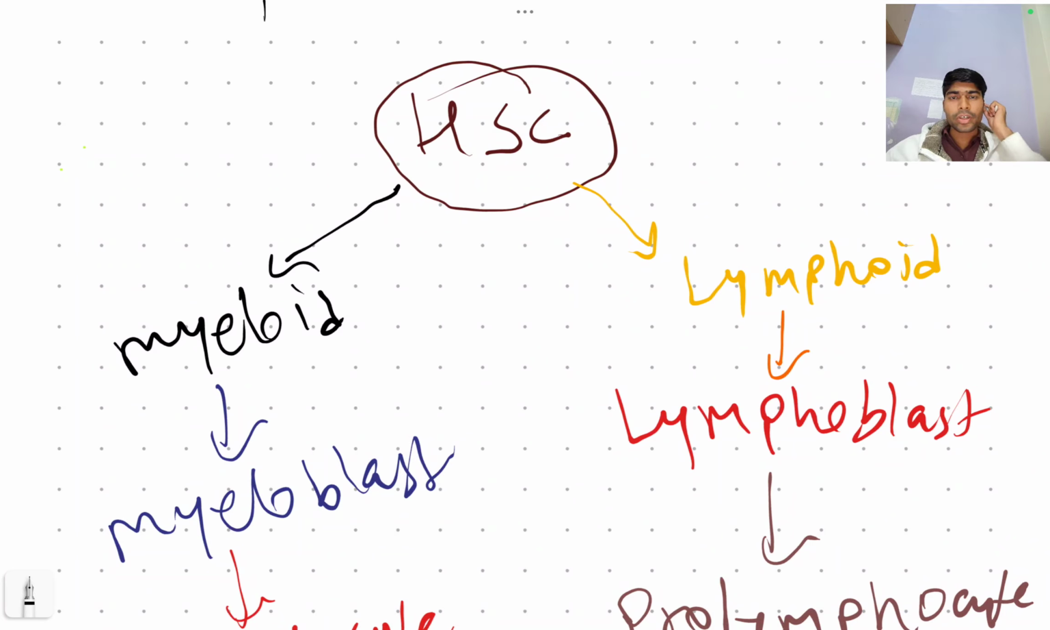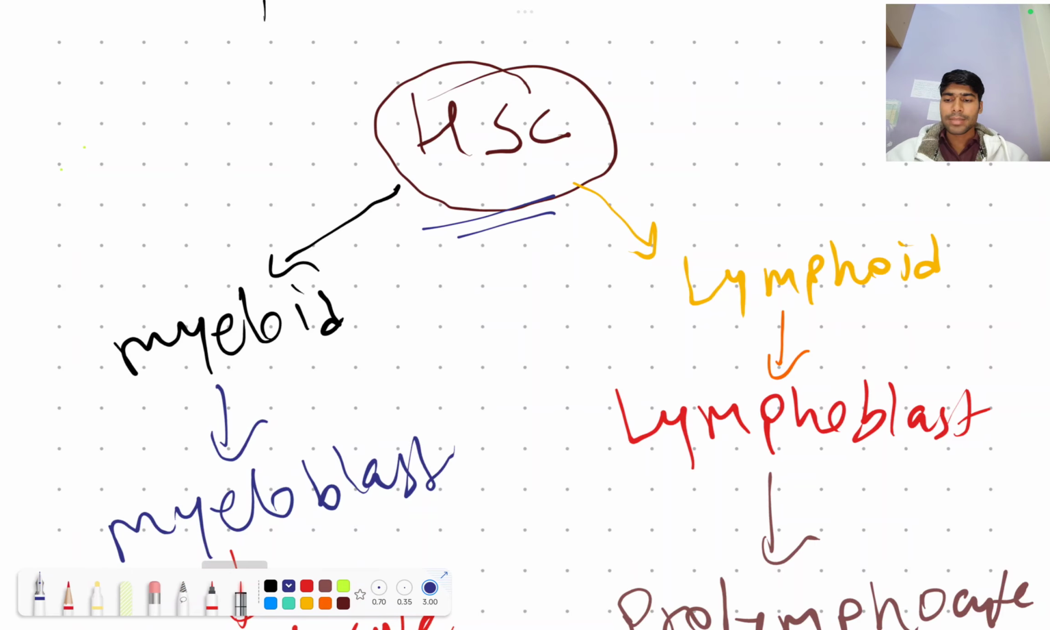Okay, so today we're going to talk about the classification of ALL and AML, which will be basically based on the FAB system, which is in most of the courses. So let's talk. For understanding of the classification, you first need to know about the hematopoietic stem cell,